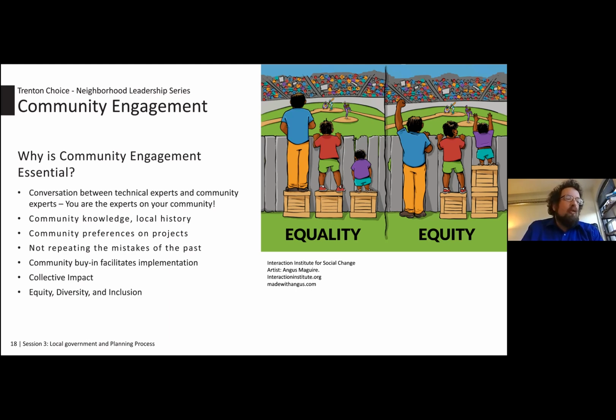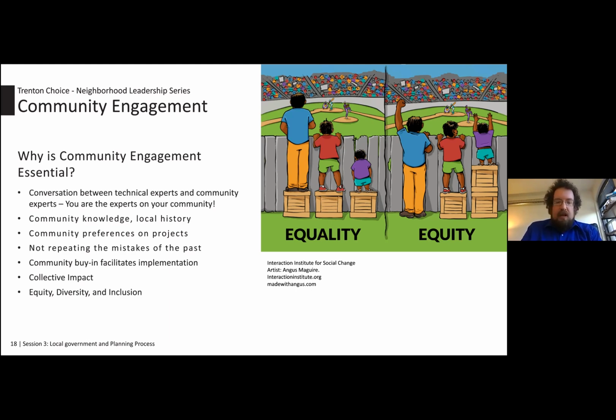There are times when a project can be necessary, even though the community doesn't want that. Sometimes, there are projects that no community wants. Nobody wants the waste treatment facility, a landfill in their community, but sometimes it has to go somewhere. So there are times when you kind of have to make decisions, but even then you still want to get as much community input as possible into those projects to mitigate any problems that you may have with those things.